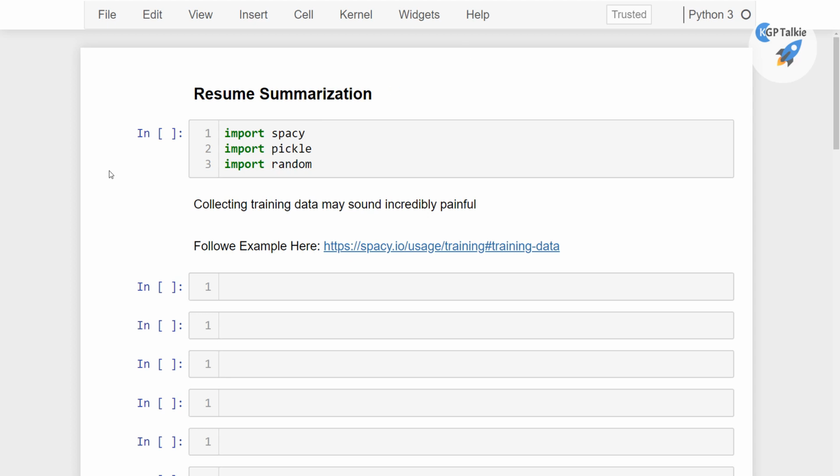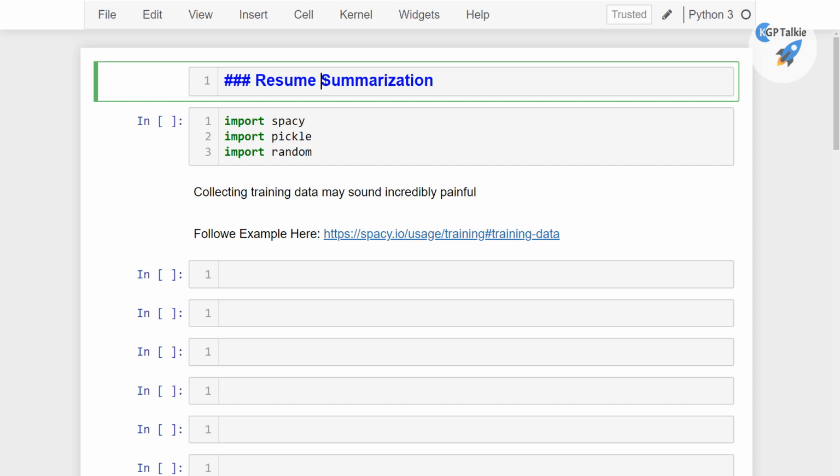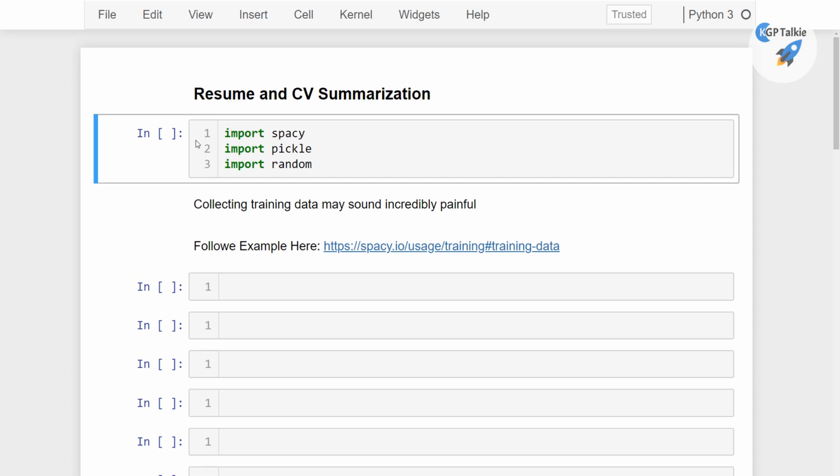In this lesson, I'm going to take a very interesting topic. It's resume, or you can say CV, summarization. In this, we will be taking a PDF resume or a CV, and then we will be summarizing that CV